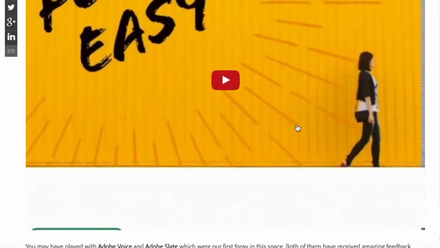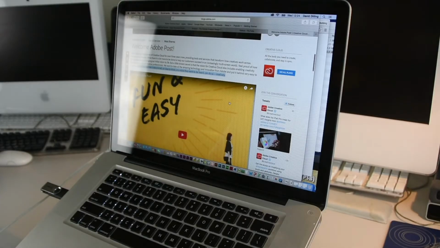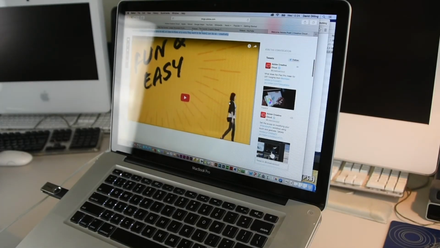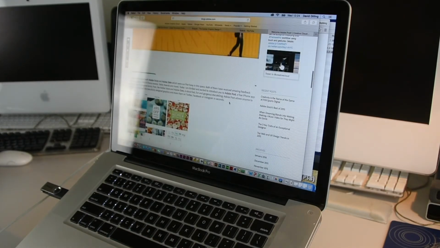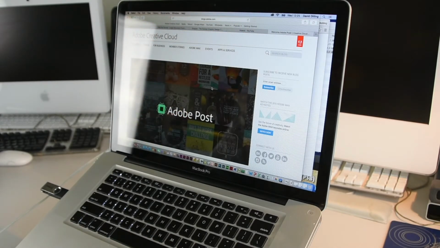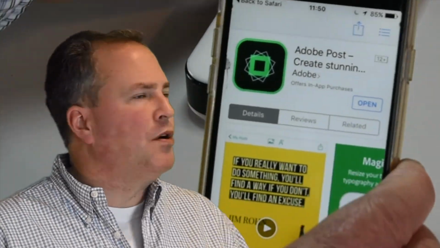So their audience is very broad here, more than just a creative area. But this could be used by creatives to help with their customers' marketing and social media needs. Yeah, that's Adobe Post. Nice, useful app for the iPhone. Very interesting. Well, thank you. Now we just saw Adobe Post, what it can mean for people out there.